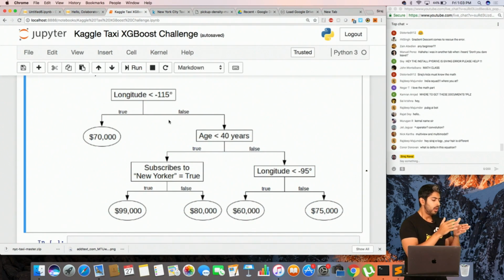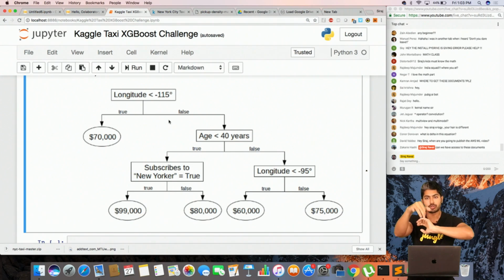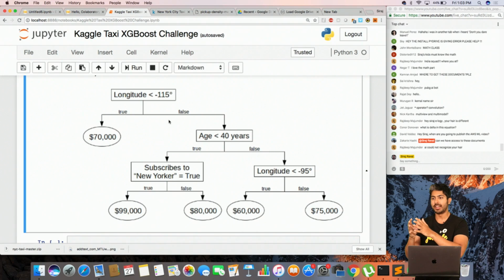Check that out. We're using the gradient to update all of them. We train one, we use the gradient to update that and the next one, and the next one, and the next one. That gradient is used to update the next one, so it's like they're all linked together by this gradient that's updating everything. That's gradient boosting. And XGBoost is a version of gradient boosting designed specifically for a set of decision trees.